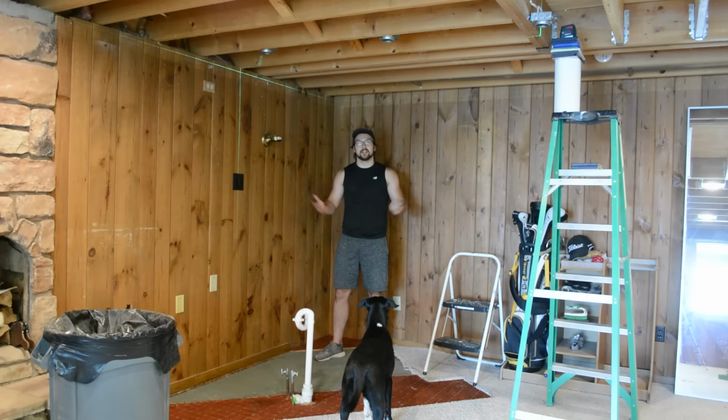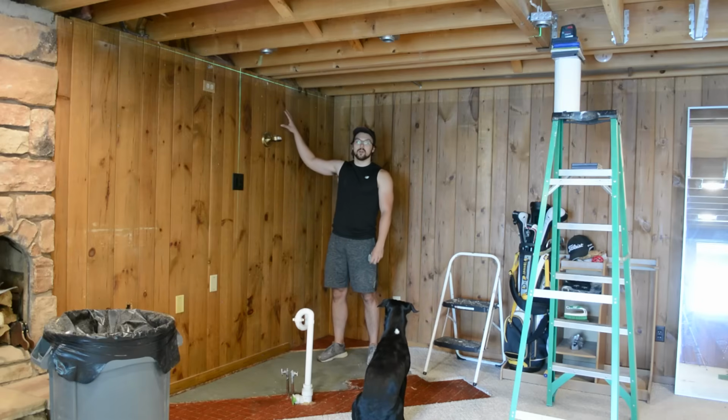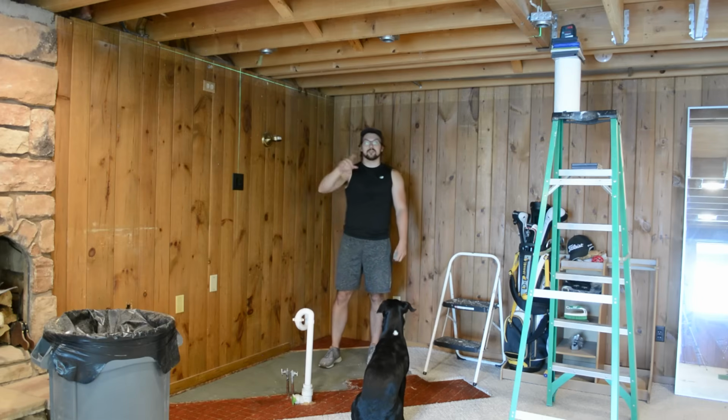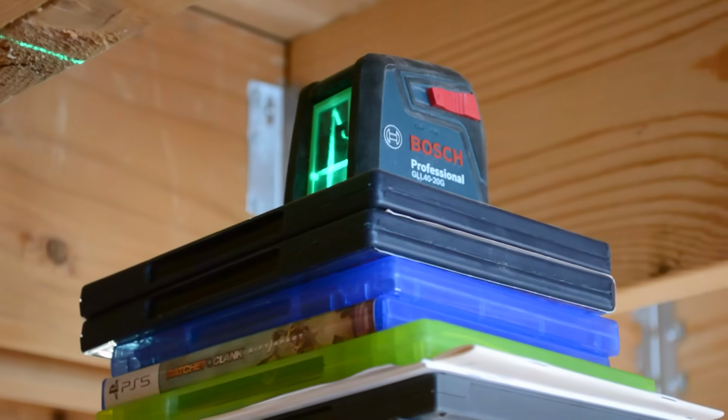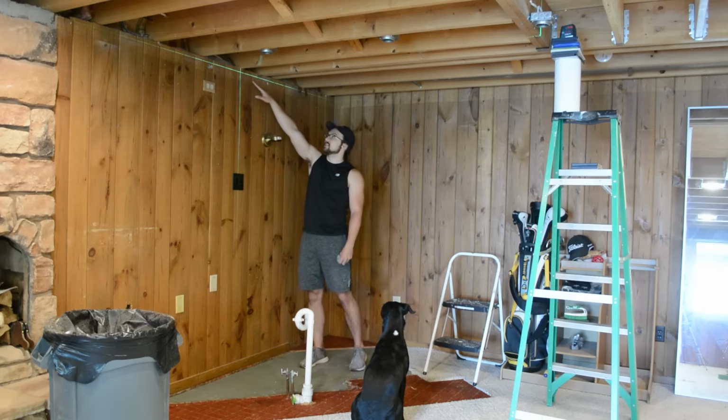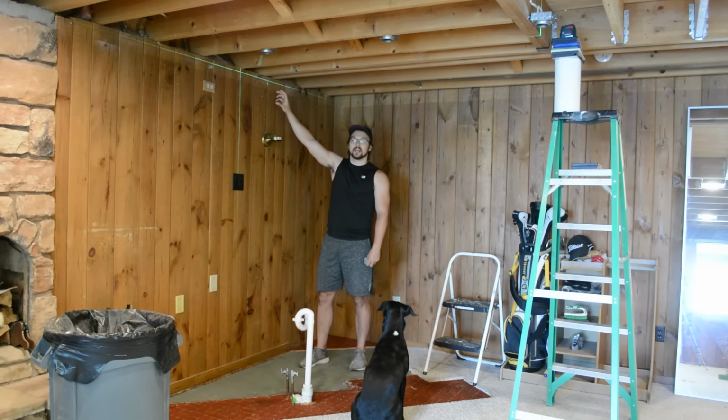Alright, so now we're finally ready to start taping. I'm going to start here on probably one of the easier walls because each wall is going to be a bit different and a little bit of a challenge. But this one's relatively easy as it's straight across. As you can see, I have my laser set up. I just used some of my PS5 games to stack it to the correct height. And now I have a nice line that I can use as a reference point as I put my tape